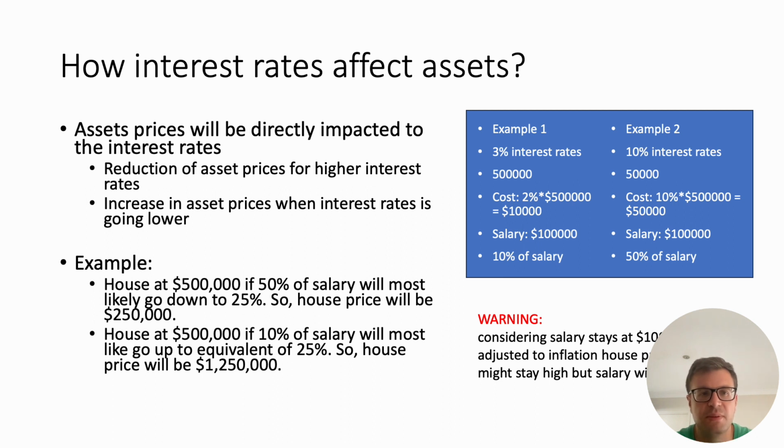And this example, the second one, is what we've been seeing from 2020, 2021, up to even today, when interest rates just started rising, but they've still been very low in the past few years, which means the house prices are very high. And now something to be careful of is that inflation